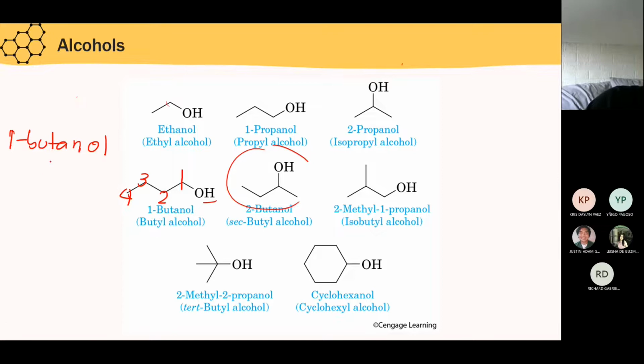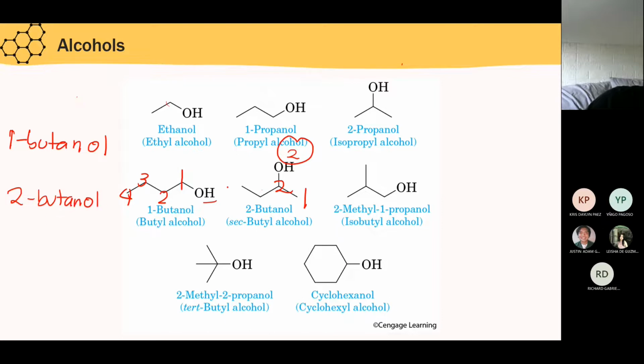For this one, anong pangalan niya? So, that's 2 butanol daw. So, saan malapit yung OH? Dito or dito? Eh di syempre sa right, no? If you count from left to right, magiging 3 yung locant ni OH. But, if you count from right to left, magiging 2 yung locant ni OH. Of course, 2 is lower than 3, so we choose this kind of numbering. Okay? So, pag ganun yung numbering natin, from right to left. Kasi lower yung 2 kaysa sa 3. Okay? So, kaya ang pangalan niya ay